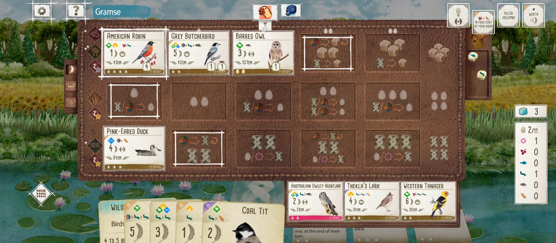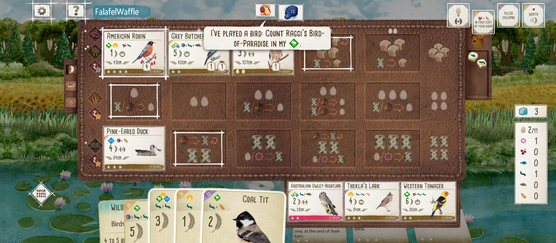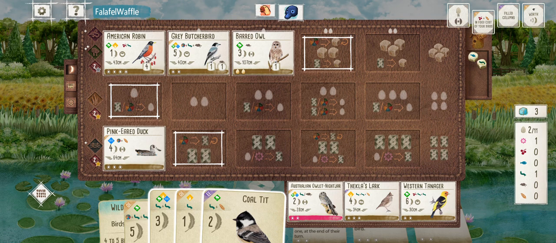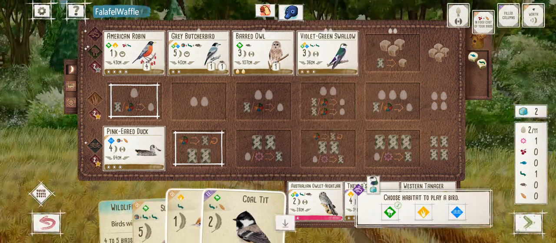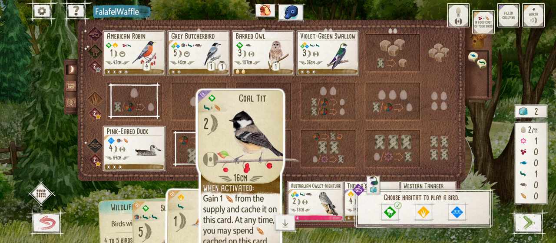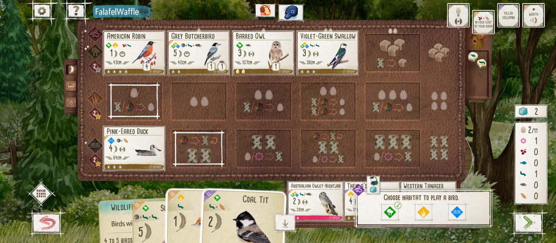But again, no egg layers yet. Getting plenty of food. What you want when you're running it's just like me running a forest engine. I want to use my lay eggs action as little as possible. Yeah, I don't think I'm going to put down the coal tit. I think I don't know. I'm going to hold out for a better egg source. That may be foolish of me,